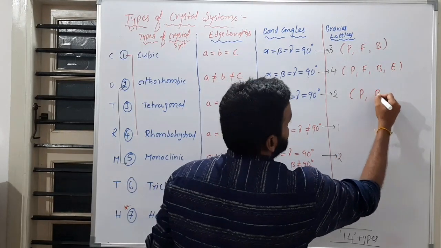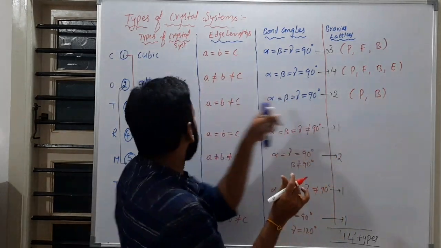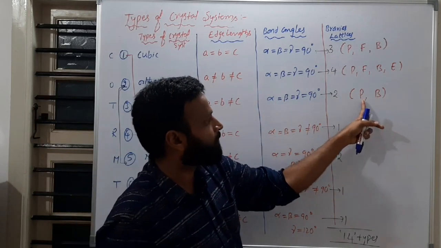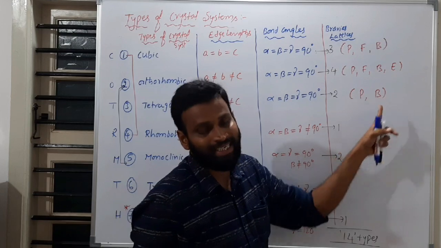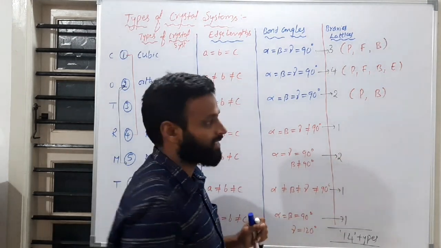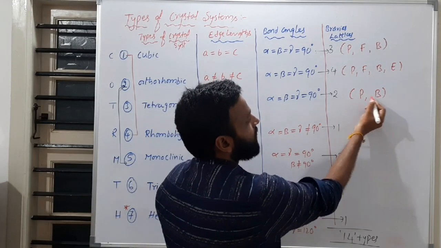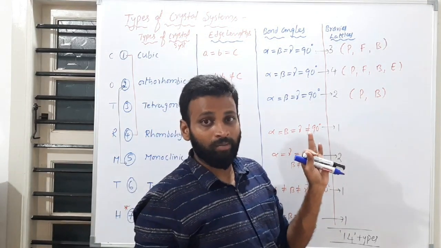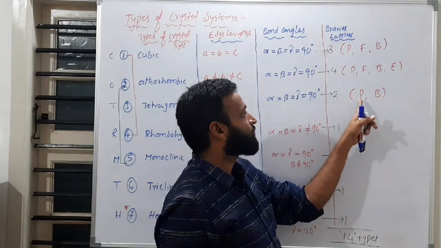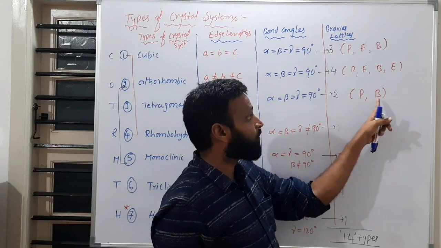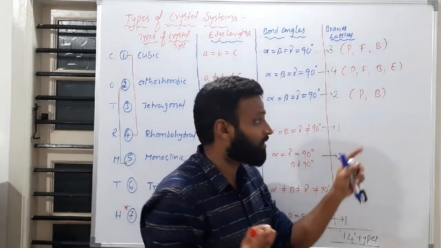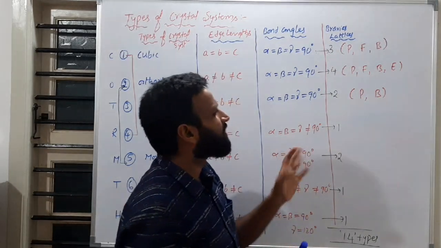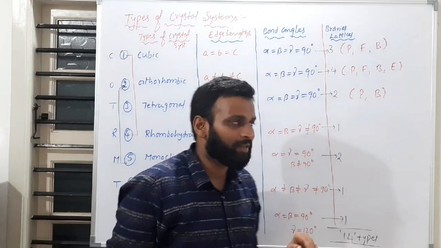Okay, this one is PB. PB means this tetragonal exists in two ways: primitive and body center. Actually, power star biopic. You know biopic? Girls are biopic, like that. So power star biopic, PB. But originally it is primitive and body center. You have to remember. Why am I saying it like this? Because these are simple things.